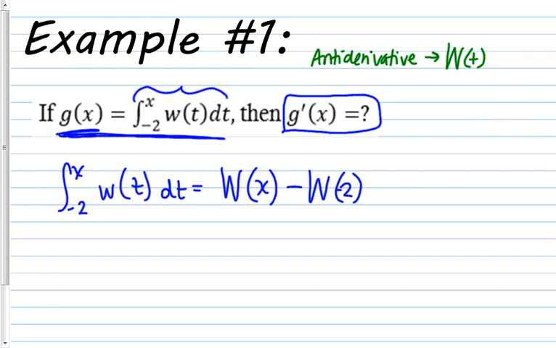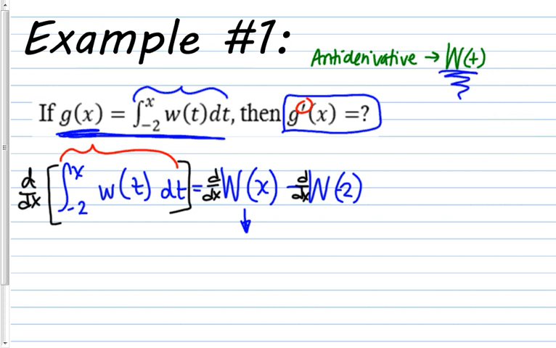Now, they're asking me to find the derivative, right? The derivative of g. This is g. So the derivative means, okay, I'm going to go ahead and derive this integral, which means I need the derivative of this, and I need the derivative of that. Okay, well, let's see. The derivative of big W of x, right? Remember I said big W, capital W will be the antiderivative. So